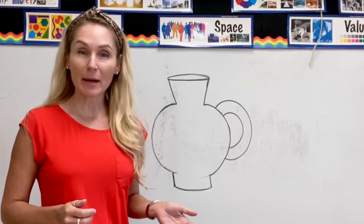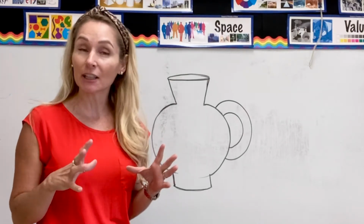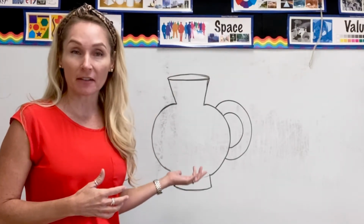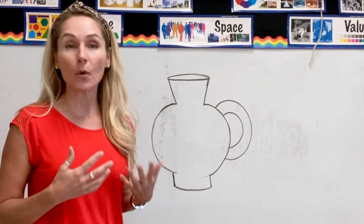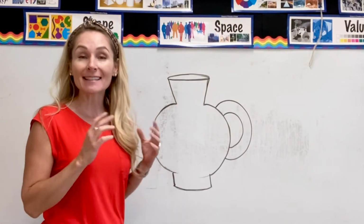Okay, so let's talk about paper mache. The first thing you want to do is design your form. In this case, we are going to be doing a Greek vase. So I drew out a basic shape for my vase, and now once I have my shape, my design, now